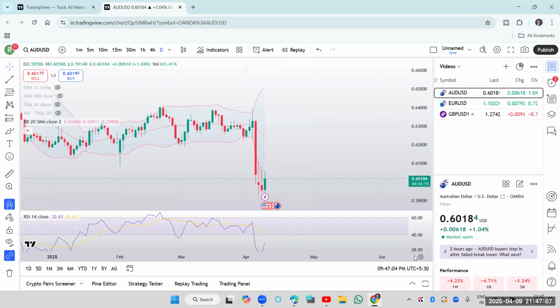Day before yesterday, on 4th of April, there was a huge candle on the AUD-USD chart. It fell almost 5.5%, more than 5%. Every candle, be it a 15-minute, 30-minute, or 1-hour candle, whatever you follow, was going down. Everybody just wanted to sell, and those who bought were in such a huge panic that